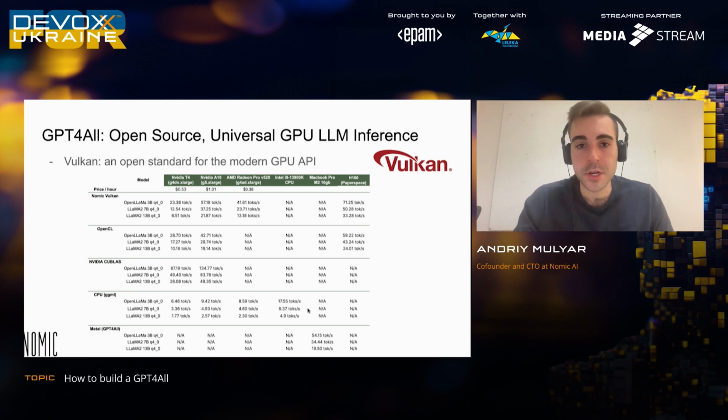The demo I was giving earlier of running on my MacBook, that's actually using something called Metal. So this is Apple Metal Acceleration. What it allows you to do is utilize those M1 and M2 chips sitting inside the latest MacBooks. And I was getting about 60 tokens per second generating that story about Devoxx Ukraine. And as you can see here, these metrics are an underestimate of that. And then for fun, we ran it on the latest, greatest GPUs, and obviously NVIDIA still smokes everyone in speed because they have about a 10-year head start on every other company in terms of inference.